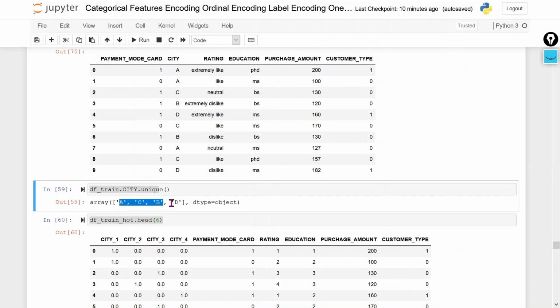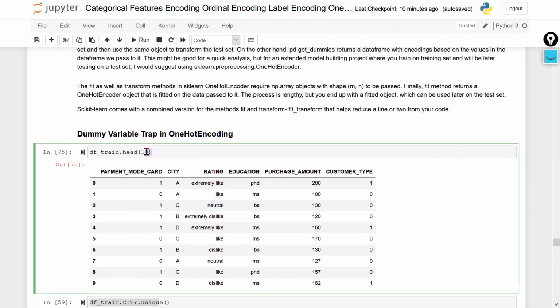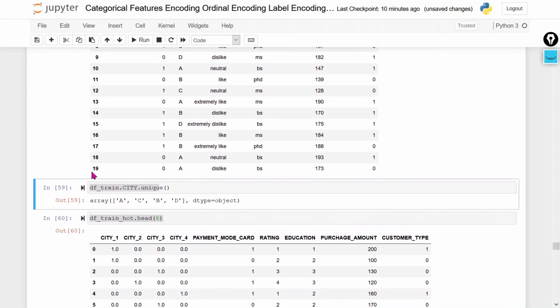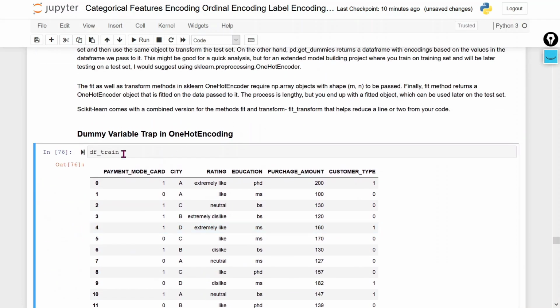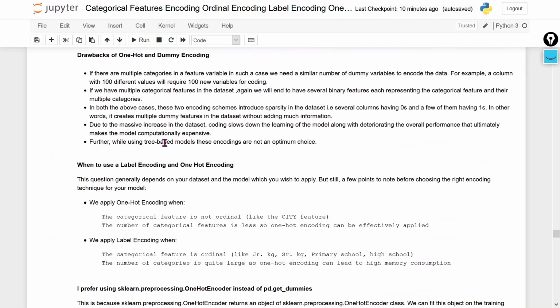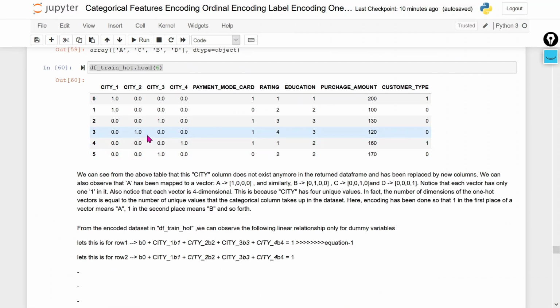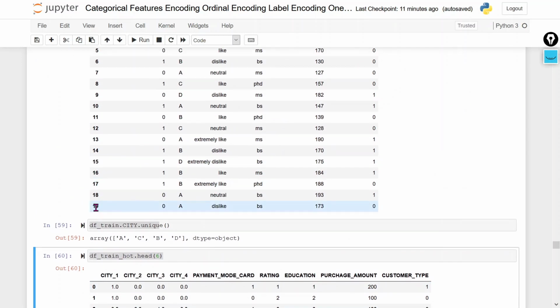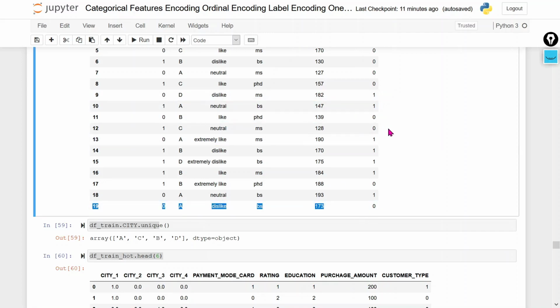in this nominal variable we have only 4 unique values, and how much data do we have here? We have only 20 rows, right? After that, how many variables will we get? 1 2 3 4 5 6. City will be deleted. So 1 2 3 4 5 variables here, and 4 variables these, right? So the total variables we get is 1 2 3 4 5 6 7 8 9, and these 9 variables have only 19 rows to train our machine learning model.